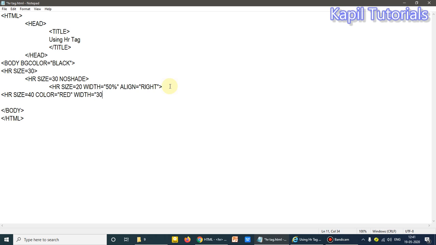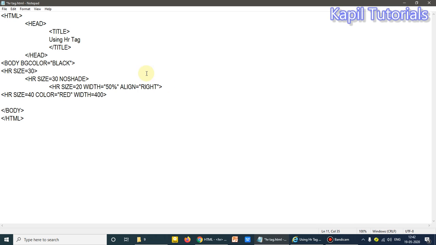I can give it in pixels also. In earlier classes, I have explained to you what pixels are. Pixels are the small dots on the screen, which allow you to see any image or video which is running on your monitor. So either I can use percentage or I can use pixels. Suppose I have given pixels. Pixels are very small. So when you're giving a numeric figure, no need to give inverted commas.